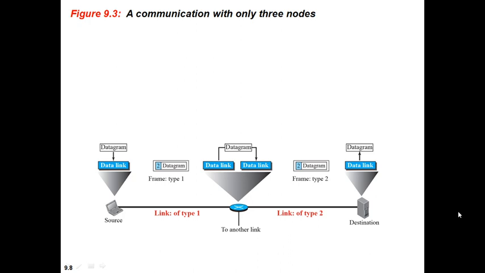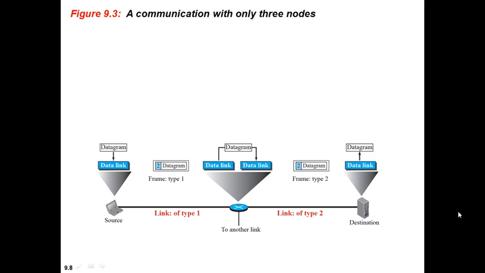In the data link layer, a source host needs only to encapsulate. The data link layer of a destination host needs to decapsulate, but each intermediate node needs to both encapsulate and decapsulate. We may have a doubt why an intermediate node requires both encapsulation and decapsulation. Because each link may be using a different protocol with a different frame format. Even if one link and the next are using the same protocol, encapsulation and decapsulation are needed because the link layer addresses are normally different, and the router is connecting 2 different networks.